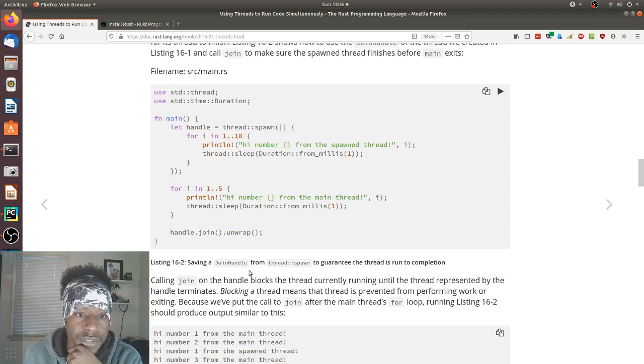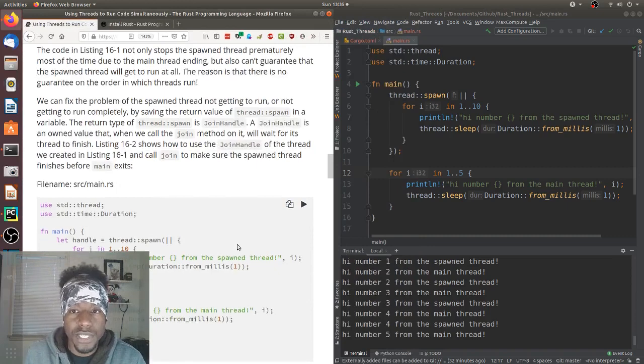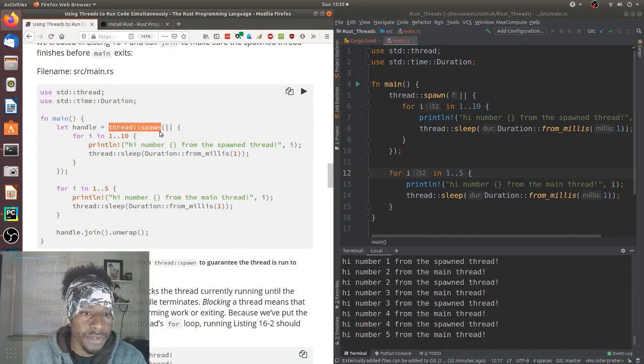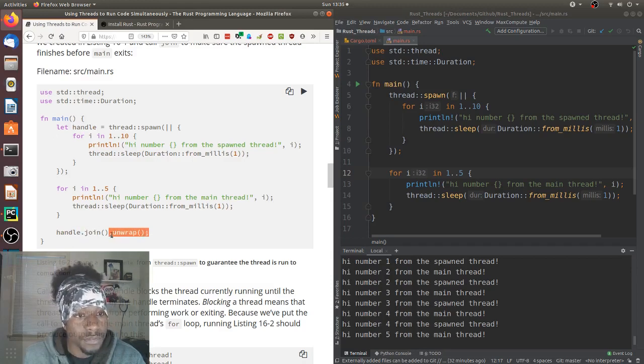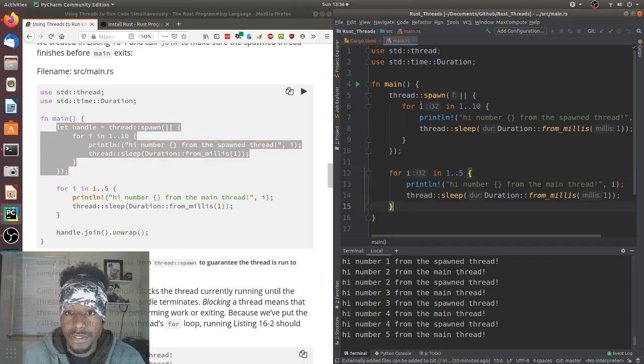Cool, so this is just something simple, a simple change. The only thing that really changed here is that thread spawn, right? It returns a handle, the join handle, and at the end, or before main finishes, we make sure to call join on this handle and unwrap it. Which I guess, if we return something and this doesn't return anything, it should just be like a none or a nothing, a unit value in Rust maybe. But regardless, this is going to make sure we wait until this thread has finished. So let's write that up.